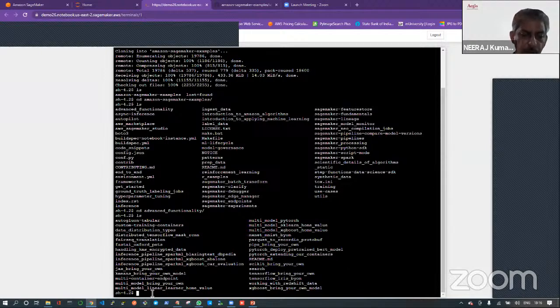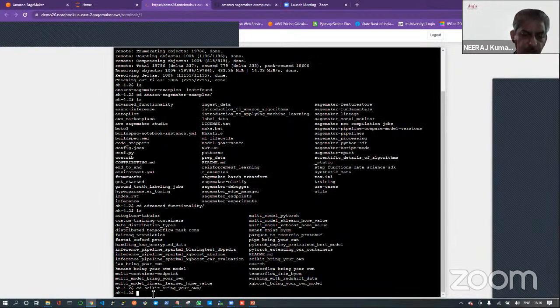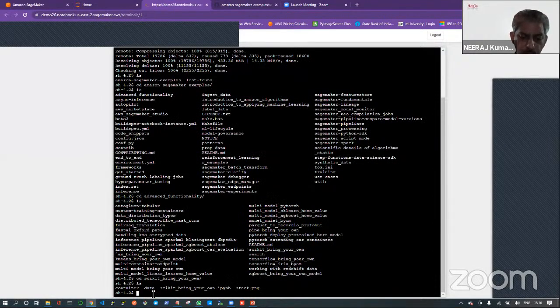The example which I am going to take for today's session is this one. Within that folder I have these 4 folders: a folder called container, a folder called data, and there is one Jupyter notebook or Python file, which is the scikit-learn bring your own container ipynb.